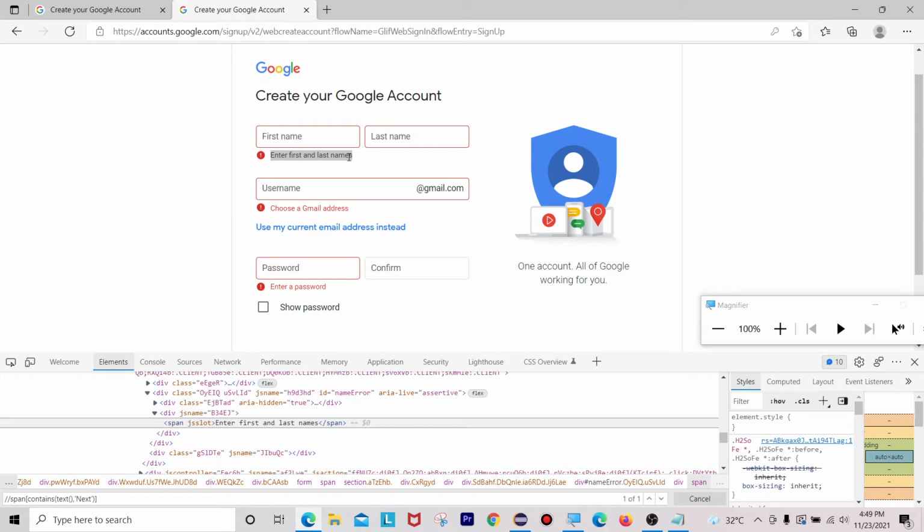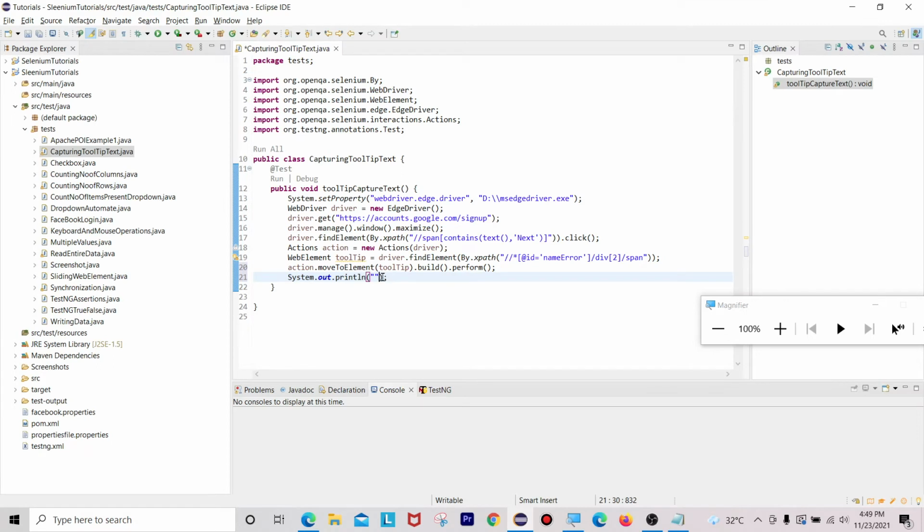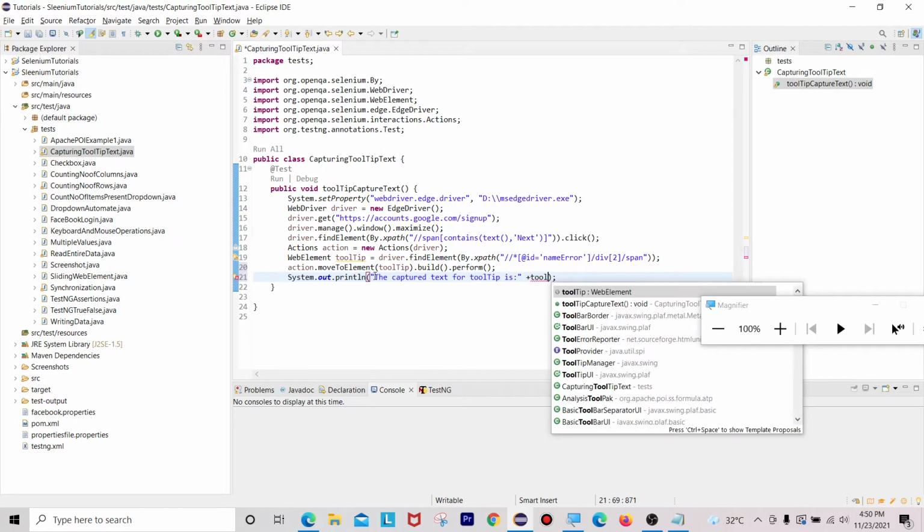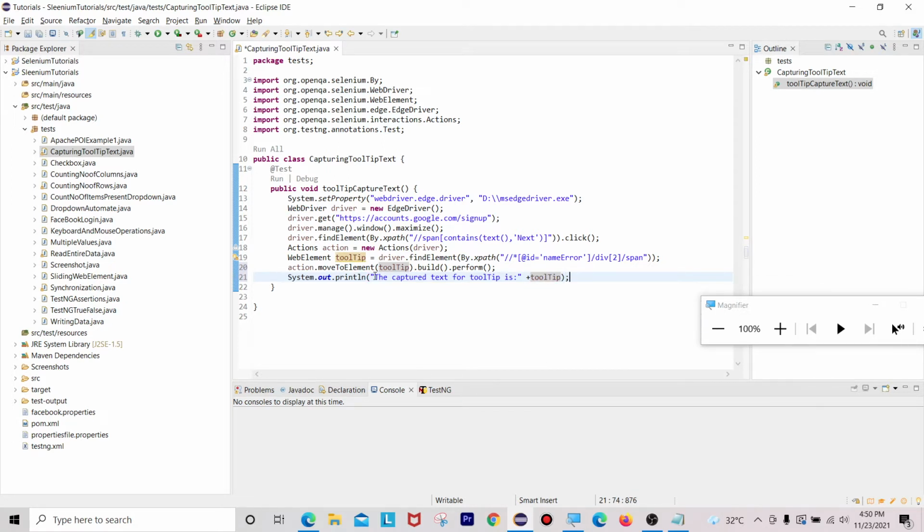This text I want to capture and print in the console. The captured text for tooltip is... tooltip. Okay, now it is done.